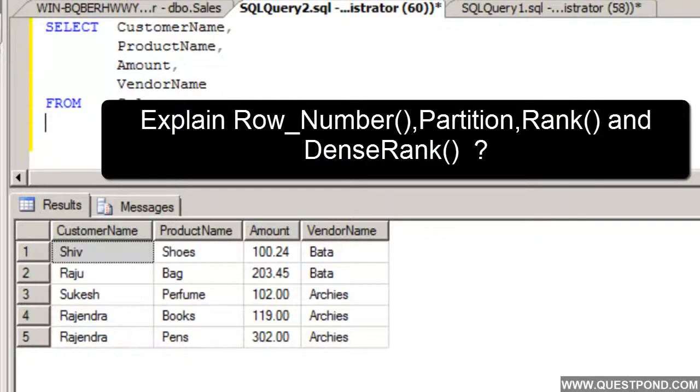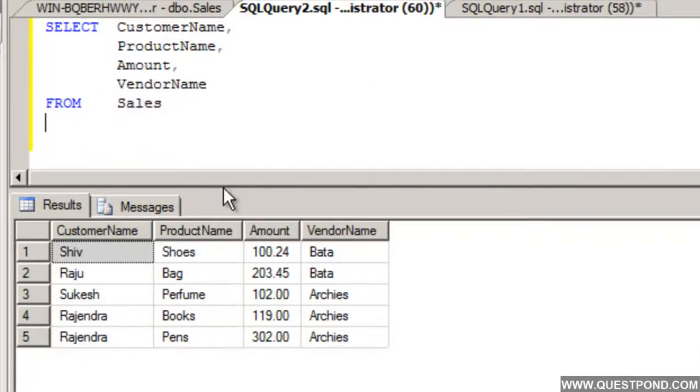In this video, we'll try to understand three important functions. First one is row number, second one is partition, and the last one is the rank function. In order to understand these three functions, you can see that I have created a very simple table here